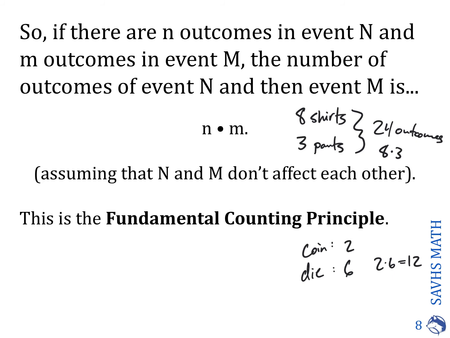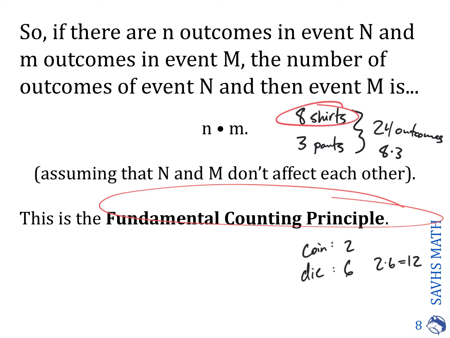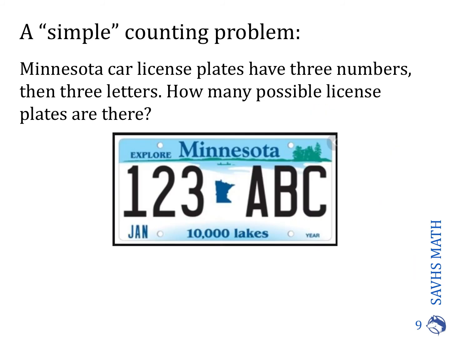12 ways. So the fundamental counting principle says that if you can do something this many ways and this one this many ways, you can take the numbers of ways and multiply them, and that tells you the total number of ways that you can get your answer out. Okay, now I'm calling this simple because that's the way that we describe it in math, but that doesn't mean that it's easy. Simple just means that there's not that much stuff going on, but the calculation can still be a little bit tricky. So in Minnesota, let's look at the license plates that we could get.